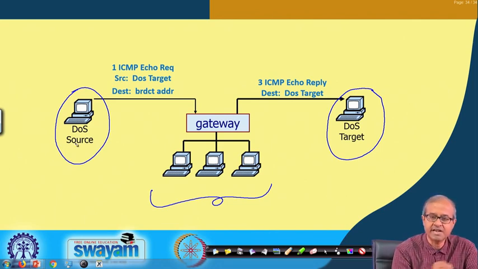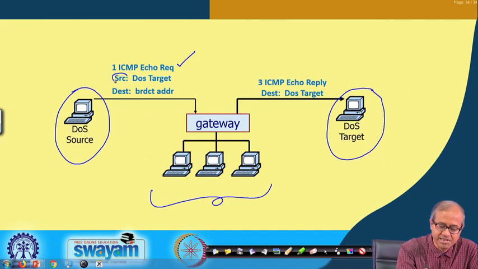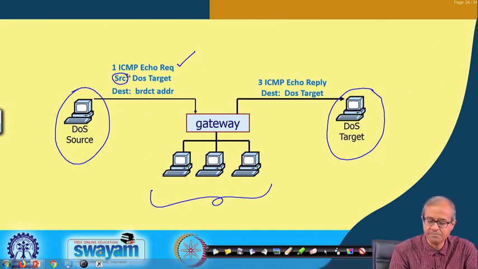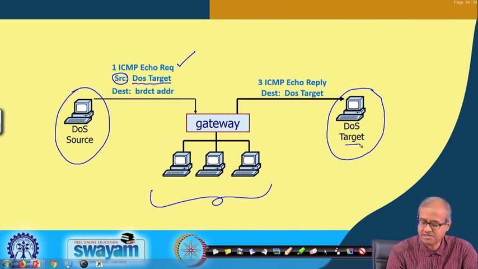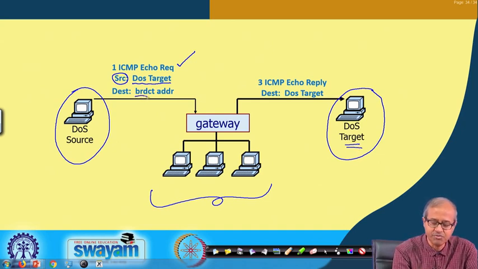The attacker will send one ICMP echo request packet with the source address spoofed using IP spoofing, changed to the DOS target, and the destination will be the broadcast address of this network.